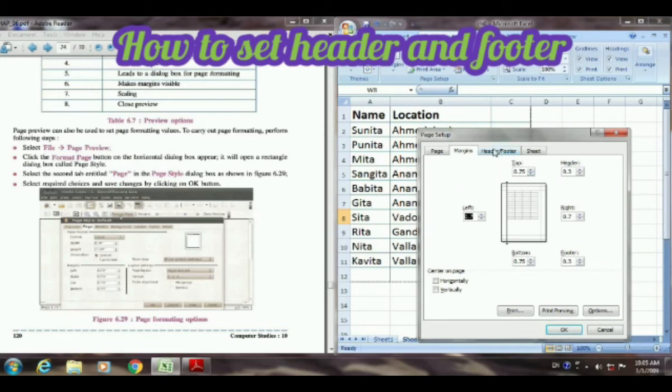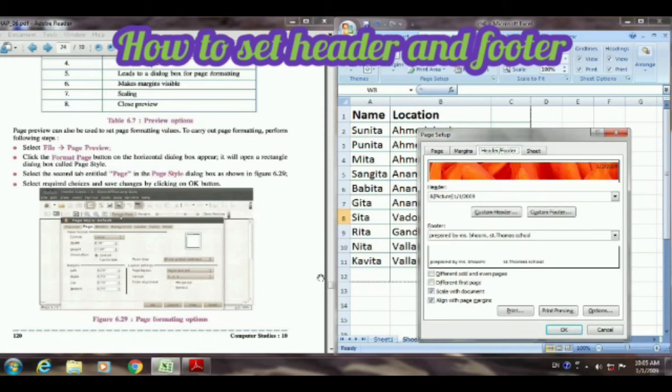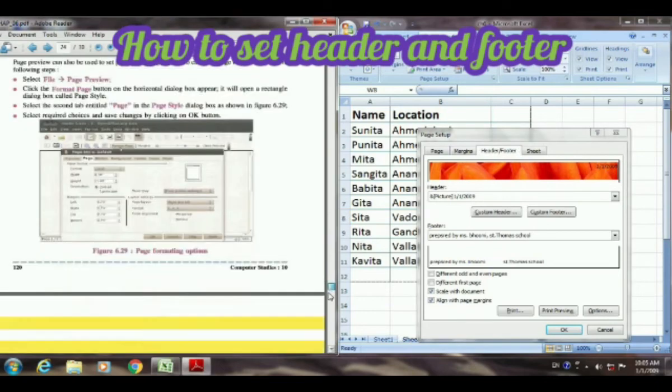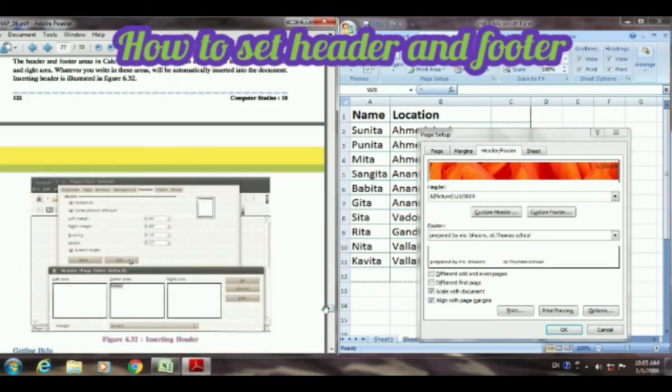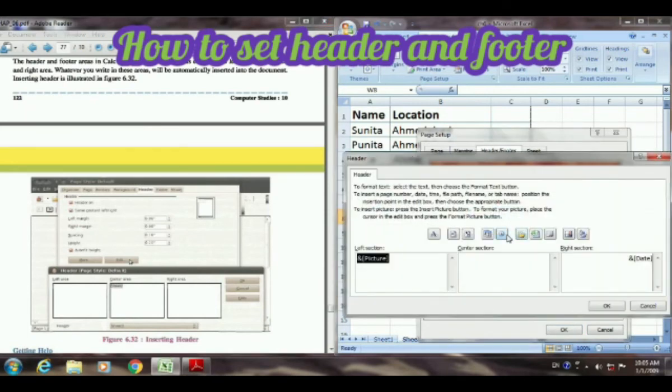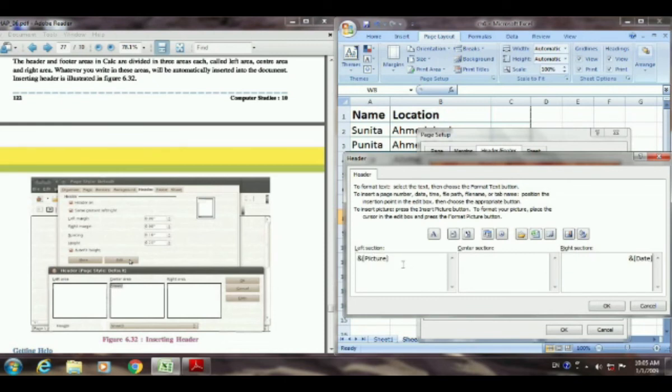Then the next option is header and footer. To set the header and footer, this option is here, see, header and footer. We have to click on the custom header footer option. Then this will be divided into 3 sections over here, that is left section, center area and right section. So the same thing you can see over here. Here you can write anything in the left section according to your wish. So I am writing just page number 1 in the left section. In the center section I will type my chapter name, that is chapter 6,